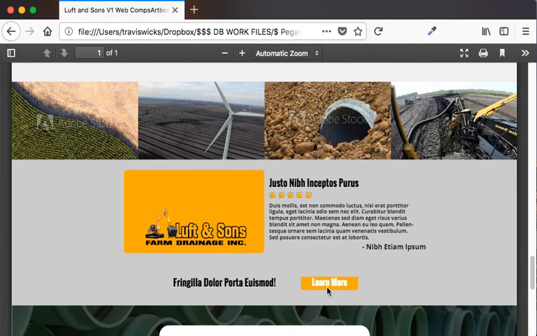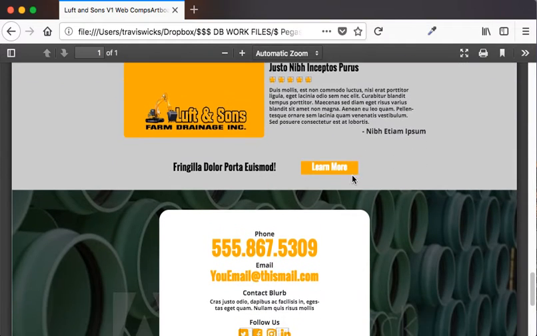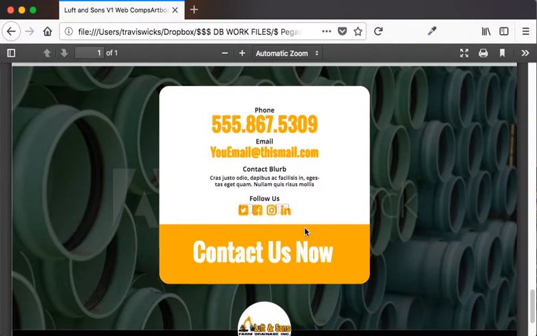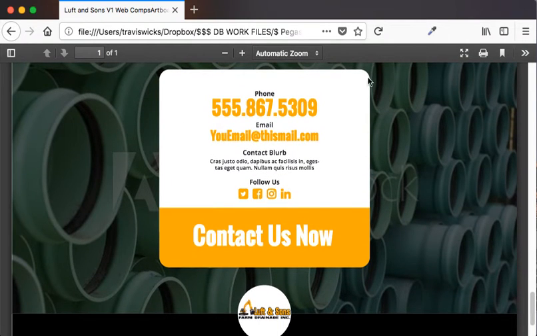Usually we tend to have it lead to the testimonials page, just so people can view more stuff there. And directly below that, we get into the last block here. This is what we call the contact block. This block will be at the bottom of every single page throughout your website, and we'll feature this